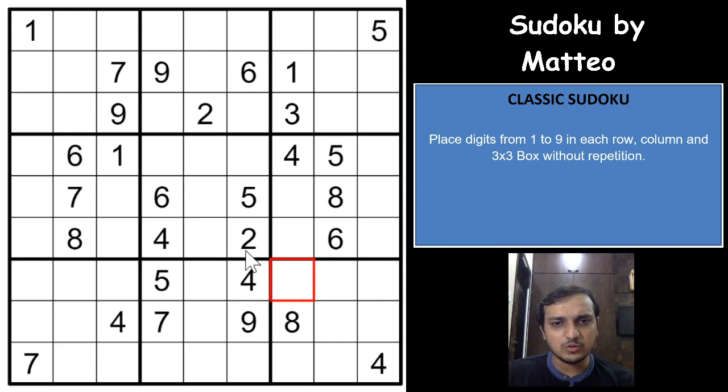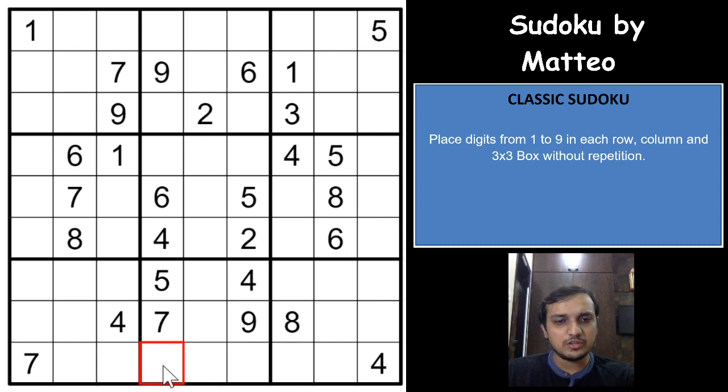Now coming to the Sudoku, as you can see, it's a really beautifully designed theme with a symmetrical shape, and even after so many givens, this Sudoku was said to be a really tough one, with very good narrow logic applied in it. So let us see if we can crack this Sudoku logically. I will try to solve it faster using the basic techniques, and if any advanced logic is required, I will let you know. Okay, let us start this Sudoku.